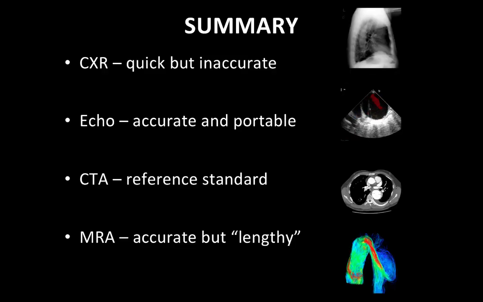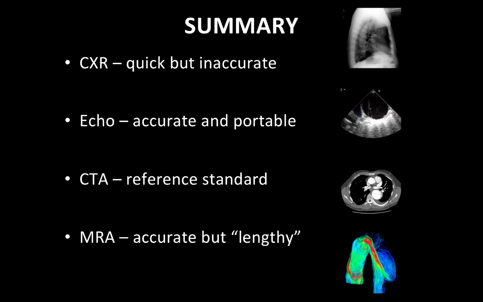So in summary, the workup of patients with acute aortic syndromes depends immensely on imaging, including chest x-rays. They're very quick. There are some findings that can suggest the presence of an acute aortic syndrome, but it's really not accurate enough to rule it out or rule it in with enough accuracy. And therefore,